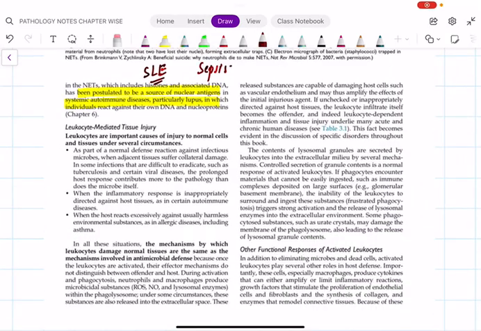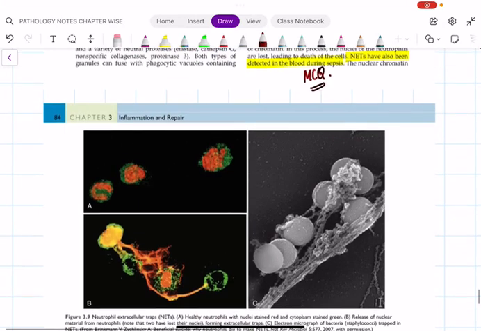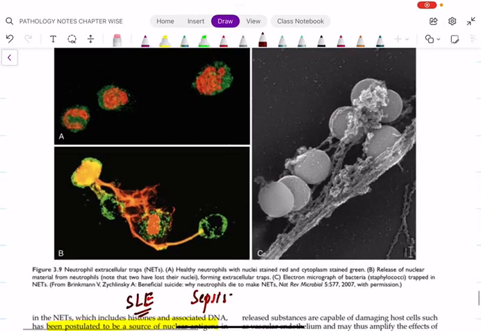So that is how neutrophil extracellular traps form. You can see these are healthy neutrophils. The nuclei are stained red and the cytoplasm is stained green. Once all the materials are released to form the extracellular trap, finally the neutrophils will lose their nucleus because of the chromatin decondensation. See, this is a typical picture, children. The same picture